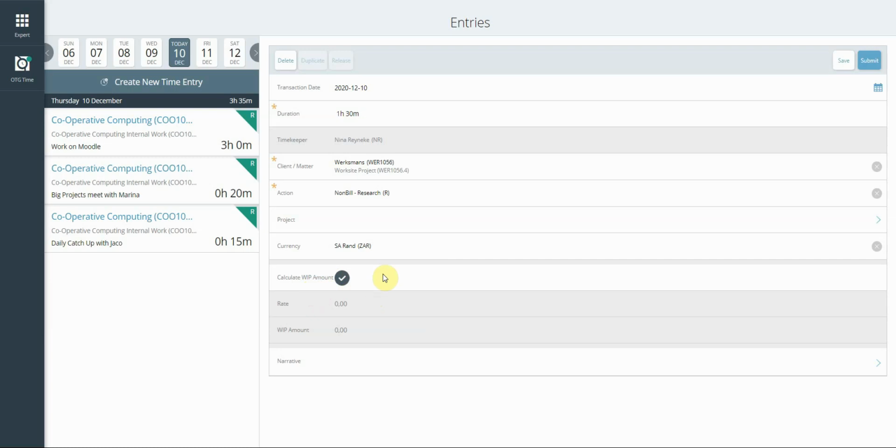So this box is ticked by default to calculate the WIP amount. Depending on the hourly rate that is in the system for you, the system will multiply that by the duration of the time. So let's say your hourly rate is 100 Rand. The system will then automatically calculate 100 times 1.5, and that'll create a time entry of 150 Rand. So as long as we keep this ticked, the system will automatically calculate the finances and we don't have to